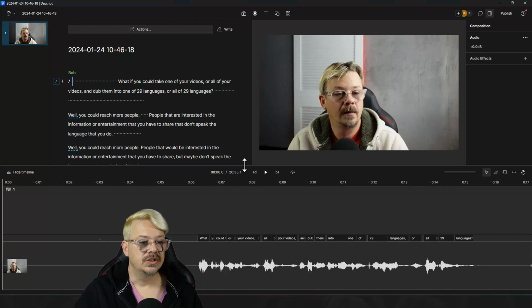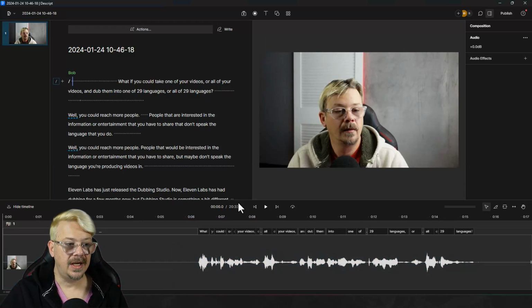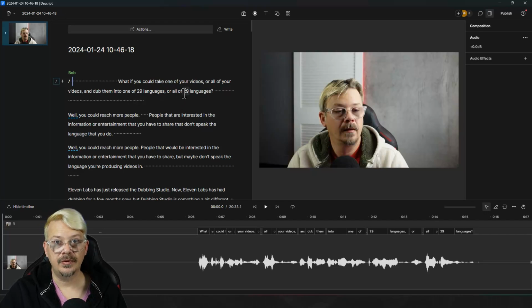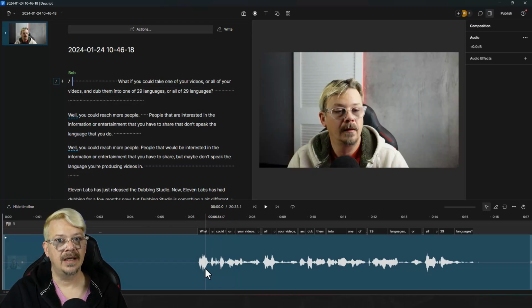Same thing with spaces. And that's why I always work with the timeline on. We can drag our timeline up and now we can see the waveform. Well, if I like the waveform, then why not just work with a typical editor where I can work on the waveform? See, being able to find my place in the script with the words is super handy, but I use the timeline to double check and make sure I'm getting the precision that I need.